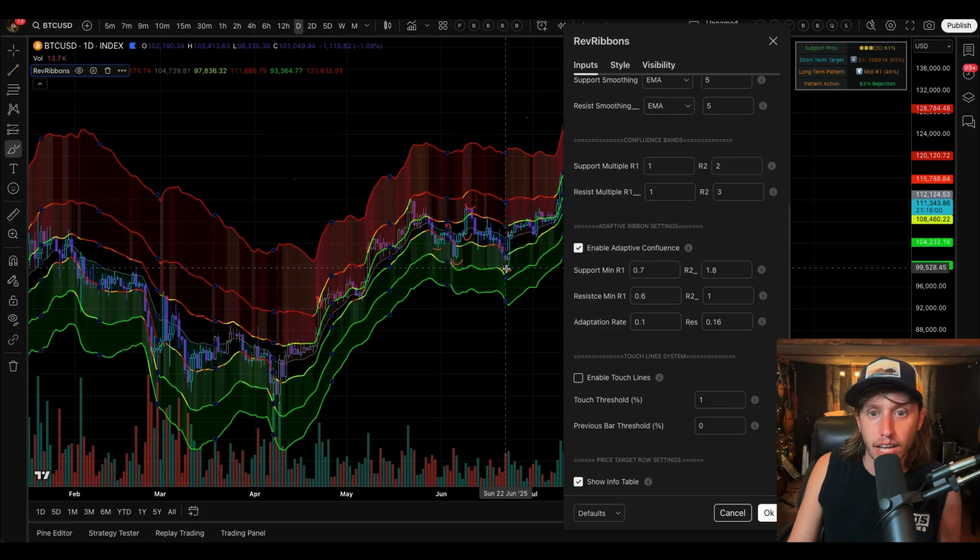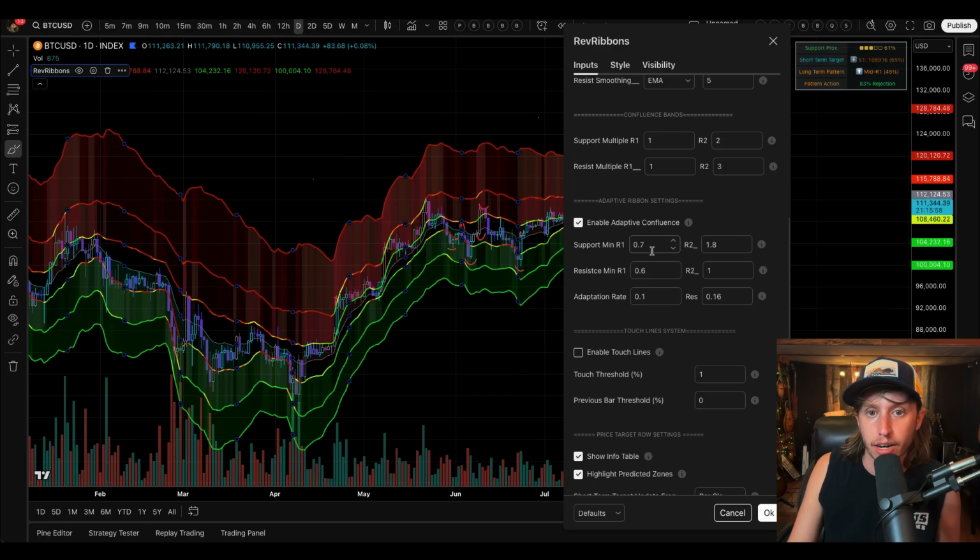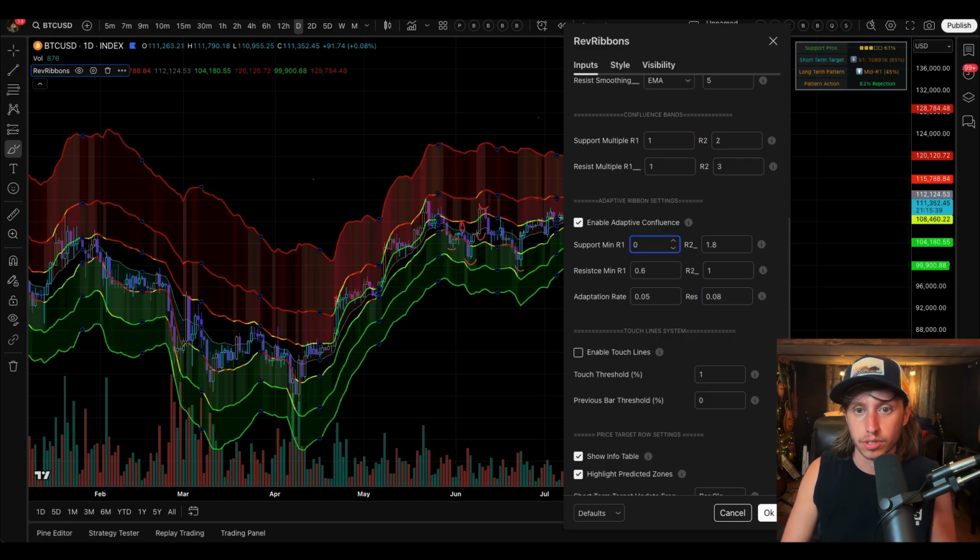Let's see if we see, yeah, you're not going to see a whole lot of difference right there because that's a really small range. And then you can also mess with the adaptation rate to go faster or slower with that. So we'll just put that way faster. And it starts to see some results faster. So let me make this a little bit more severe. Let's go with 0.2 and 1 even. And then on the resistance, let's go,